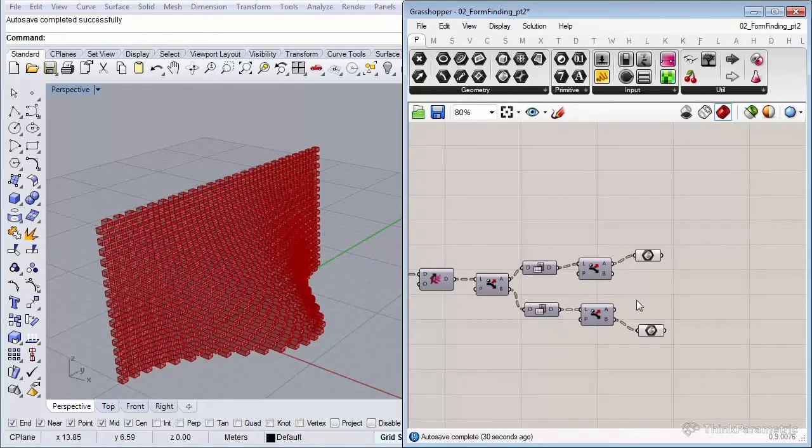The issue is that we have a lot of different types and sizes of bricks. I think there are around 800 bricks right now, and they all have different sizes and lengths. So it's quite likely that you would have to rationalize and standardize these bricks. And that is exactly what we're going to do in the next lessons.